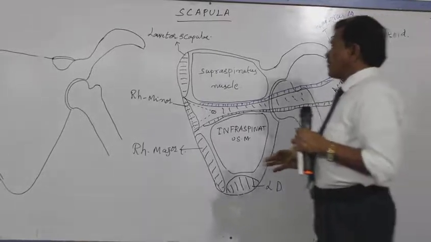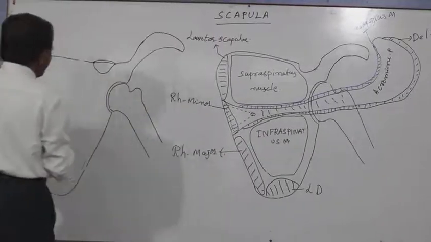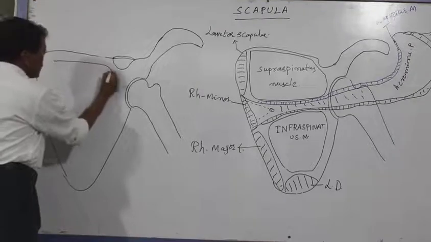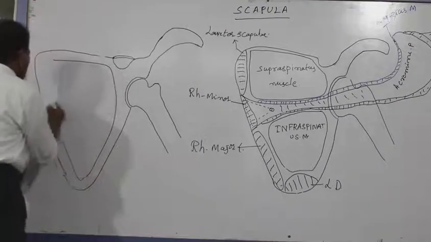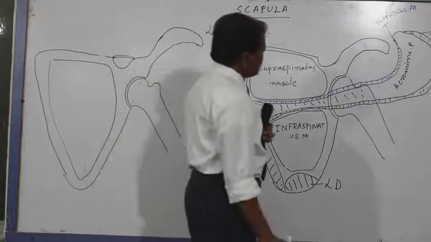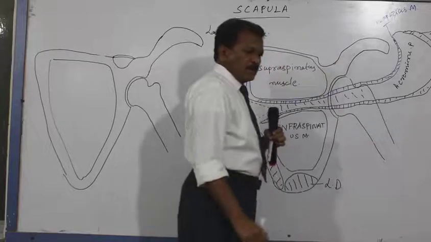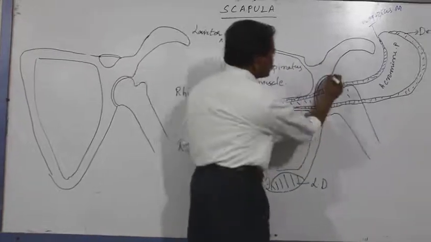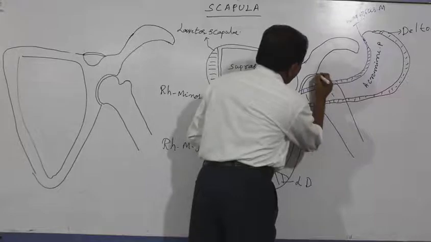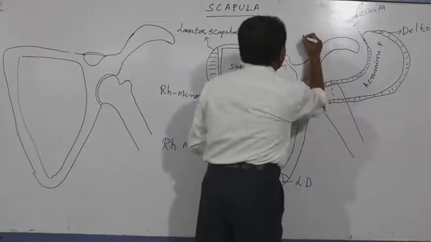And next is the ventral aspect. In the ventral surface there is the subscapularis muscle. So there are many things to explain on the dorsal surface along with this lateral border and the supraglenoid tubercle. Here there is the supraglenoid tubercle. It gives the origin for